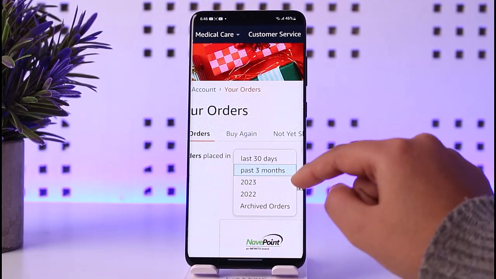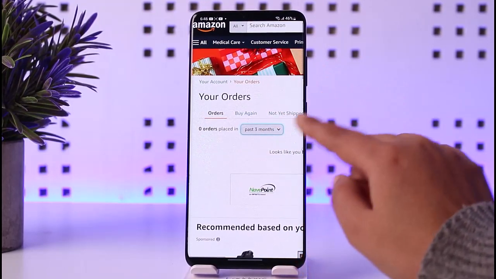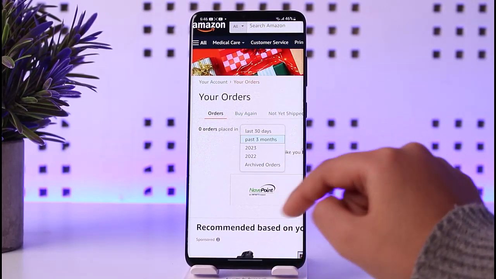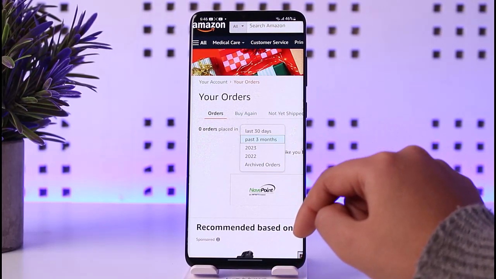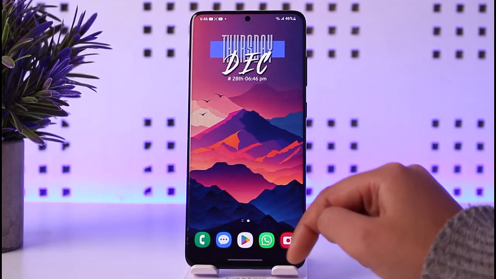And again, if you would like to re-access it, all you have to do is again access your orders, tap on this simple icon beside and tap on archive. That way you will be able to unarchive the particular order of yours and you're good to go. So this is basically the way for you to hide an order on